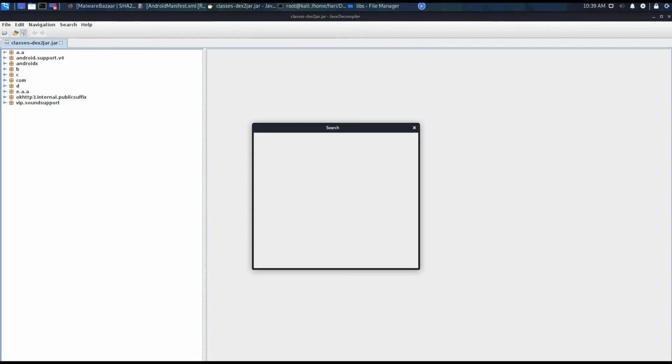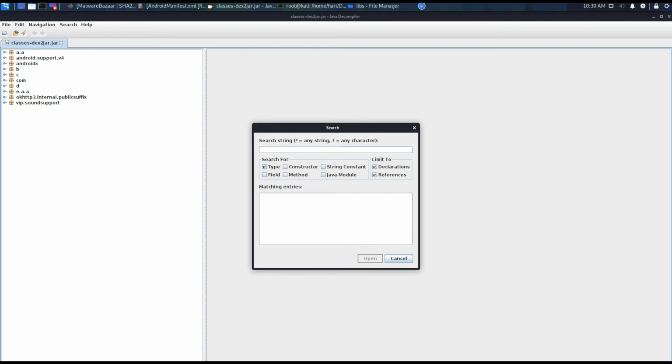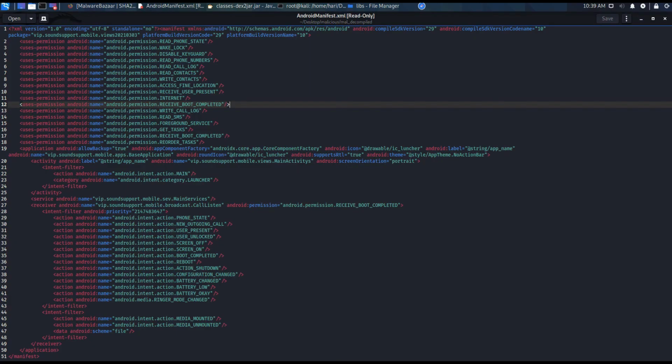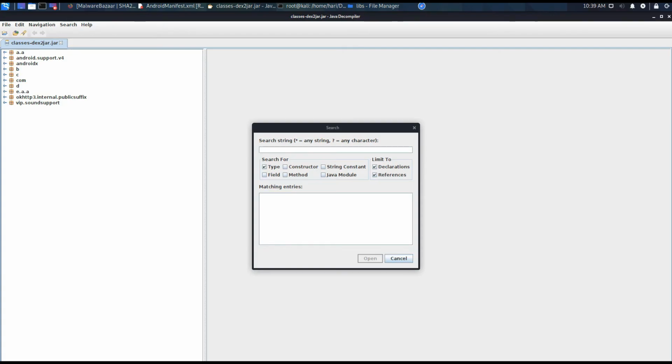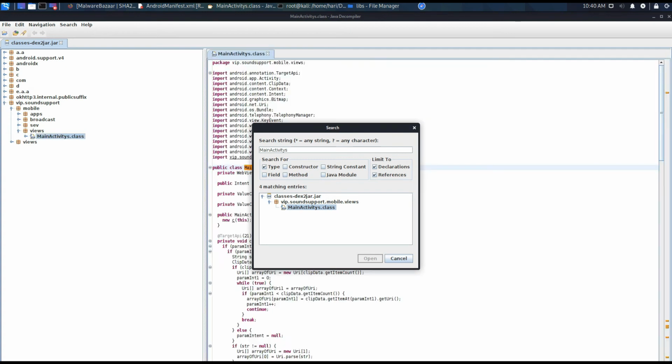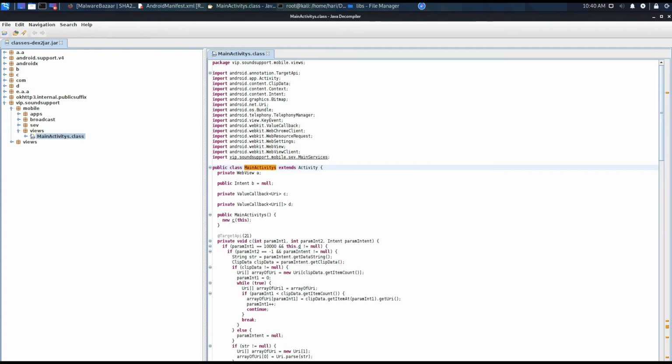So let us use the search option, and let's go to the Android manifest file. Whenever an application is launched, this is the activity that is loaded first. So let's copy this and we will analyze that one first. Yeah, here you can see. Instead of wasting time searching individually, if we use the search button, we can observe directly. To make use of time, we are using the search. Yeah, we have got this, the main activity class. This is the class that is loaded when our application is launched.